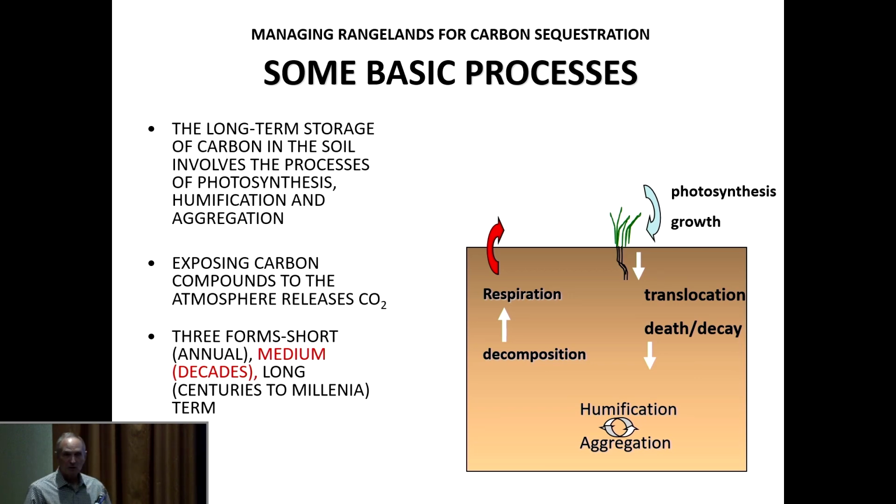The long term is calcium carbonate, and we don't want to start messing with that at all. It's hard to manage, but if you expose it via erosion, either wind or water erosion, then you can have massive amounts of carbon loss from the soil to the atmosphere. It's not organic carbon, it's in inorganic form, but it goes back into the atmosphere. So what we're going to focus on is that medium term carbon that changes over decades.